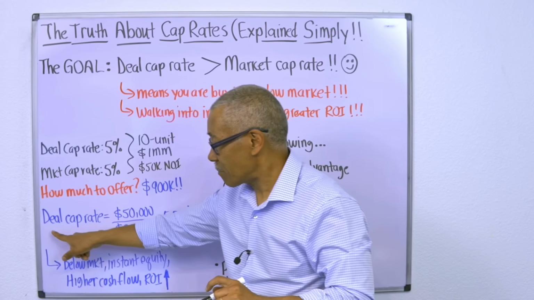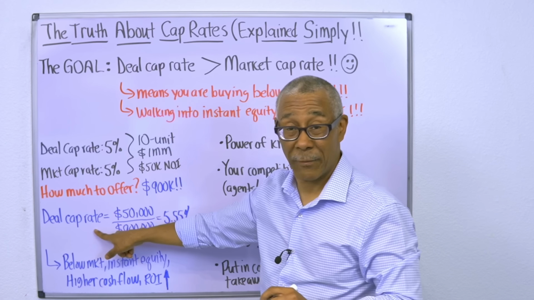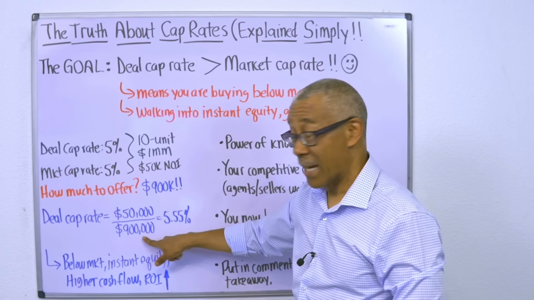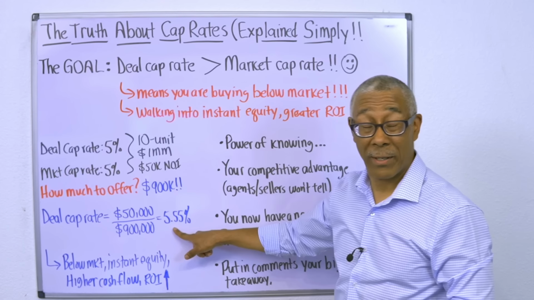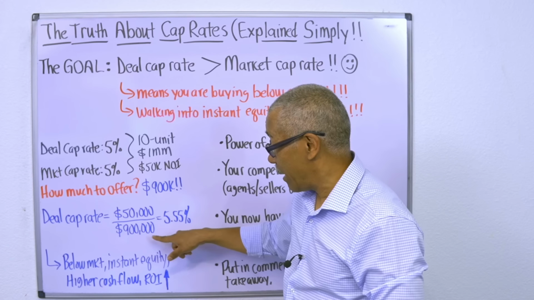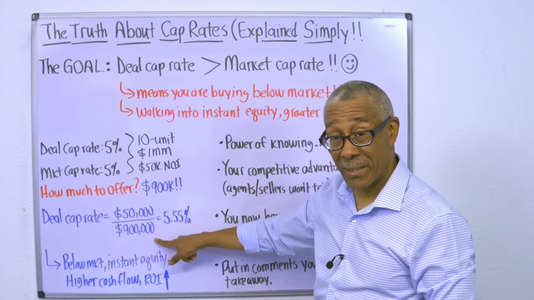Here's the deal cap rate formula. If you recall from a few minutes ago, it's the NOI divided by the price. I have the same NOI in this 10 unit at $50,000, but now I'm changing the price to $900,000. So 50,000 divided by 900,000 is 5.55%. So if I get this deal accepted,